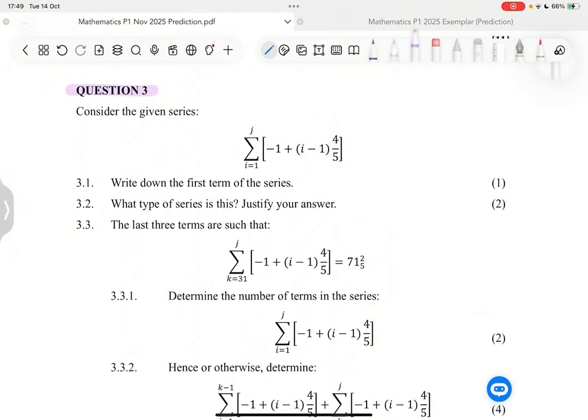Now, to read this question, it says to us, consider the given series. So here we are given a series, and we can see that this is a series because it has a sigma notation. This is to say that we are adding terms here, and this becomes a series. Remember I said on question 1 that when we use the word consider, it means that we must analyze the problem that we're given. So in this specific question, before we can attempt answering these questions, we really have to analyze this